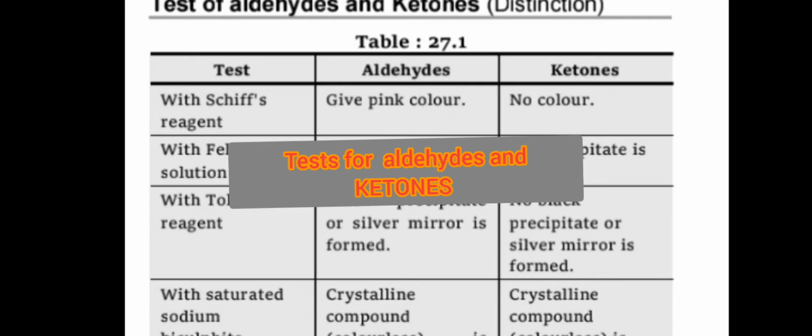My dear student, in this part we will discuss tests for aldehydes and ketones. How can we distinguish aldehydes and ketones in the laboratory as well as in normal theoretical concepts. First test is with Schiff's reagent. When Schiff's reagent